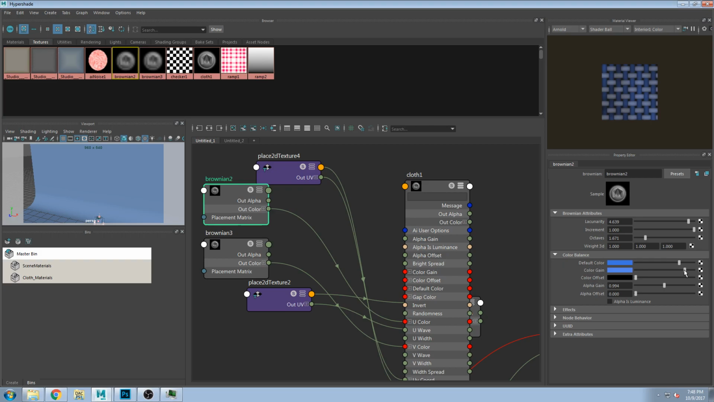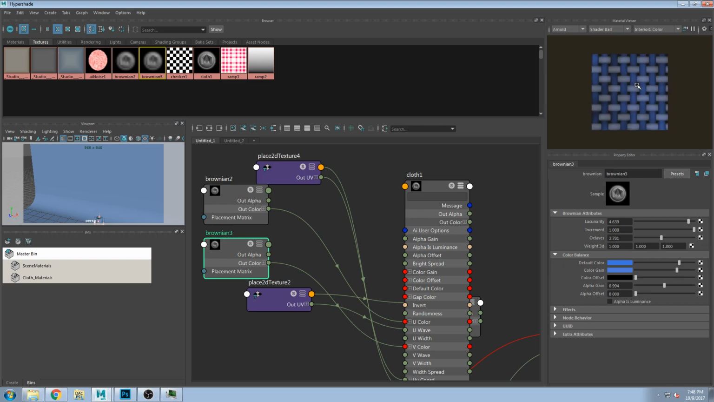See, like there, I messed up my other. Bring it down. One of these went, oh, there it is. Okay, so I screwed with that one. Oh, alpha gain, there it is. Okay, so like I said, if you just mess with these colors a little bit, maybe mess with the